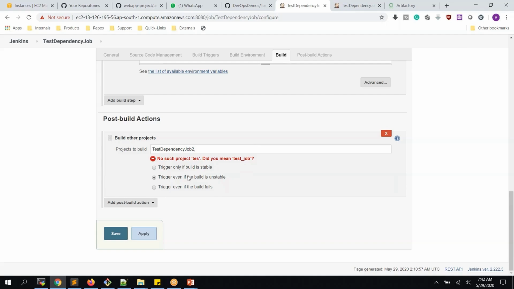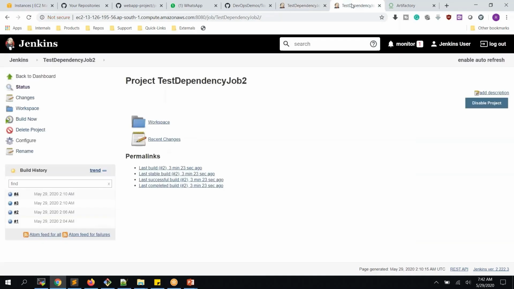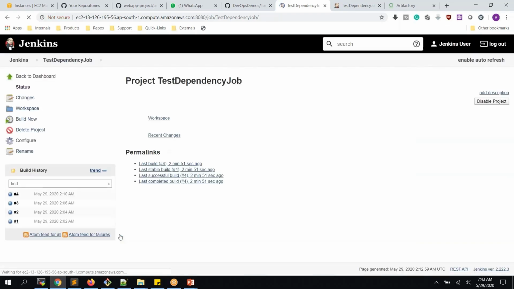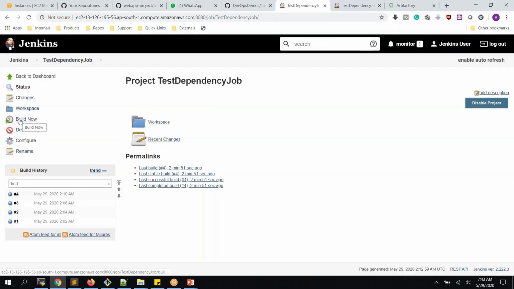That is just an example; such kinds of cases go into unstable. Even if it is unstable, if I still would like to initiate my job, then you can choose this option. But for now, we'll take only trigger if this job is successful, and save it. Now, if I run this job, whenever it is successful,